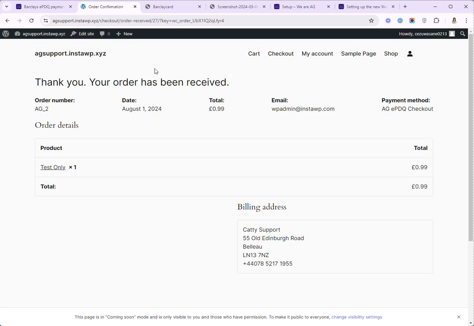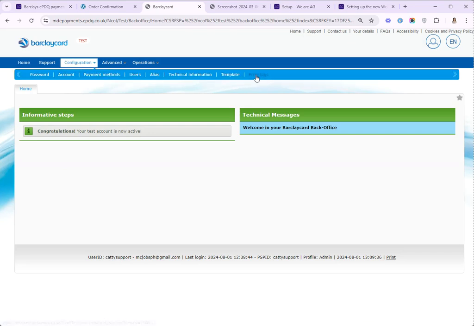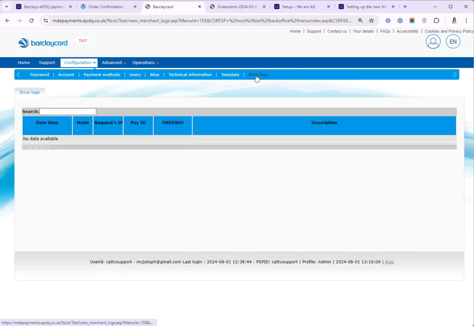Now, we're done with the test. As you can see, it was a successful order. But if you have encountered an error, first check the error log section in the ePDQ back office. So let's go back to our account. Now, once you're logged in, navigate to configuration and then error logs. So in the description field here, you will most likely find the error code. And once you find the error code,